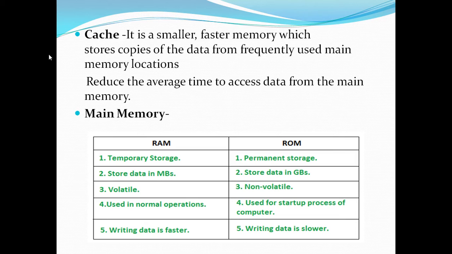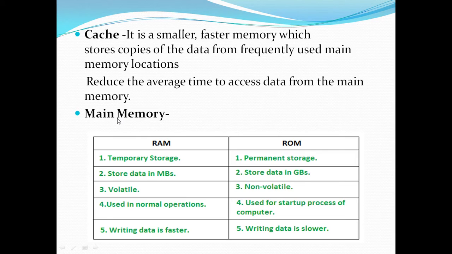See, whenever the data is accessed, it is first sent from memory to the processor. It takes time in sending the data to the processor. But if the processor has some memory which can store the frequently used commands, we don't have to ask main memory again and again to get the data. Fine, the processor itself has a cache memory. So that cache memory holds the frequently used commands. That's why it is faster, because it is reducing the average time to access the data from the main memory.